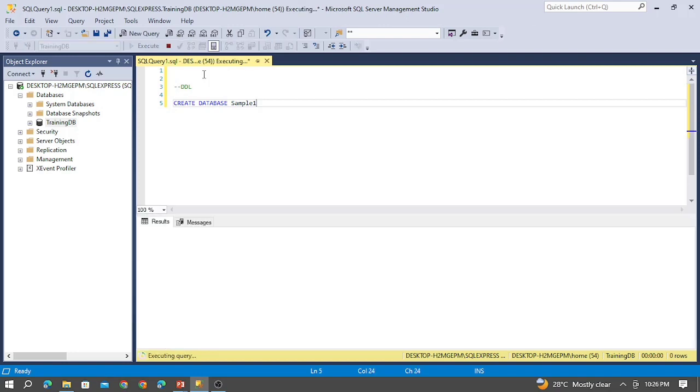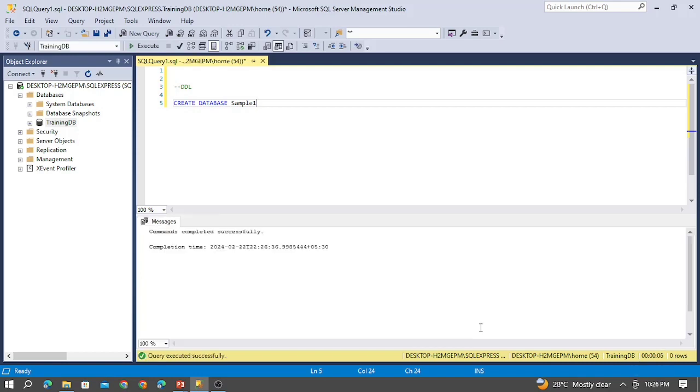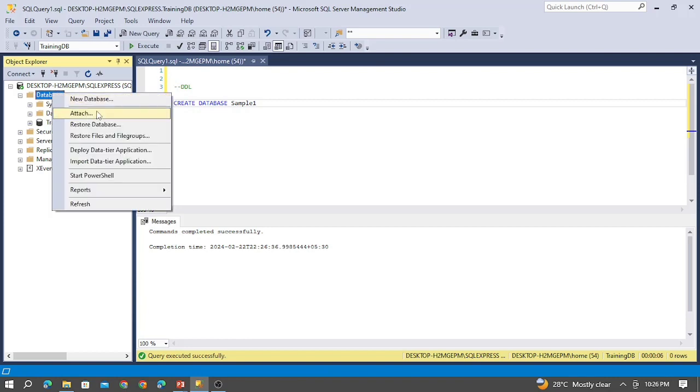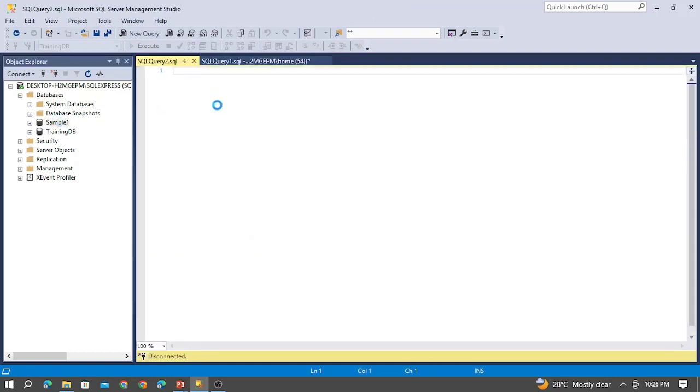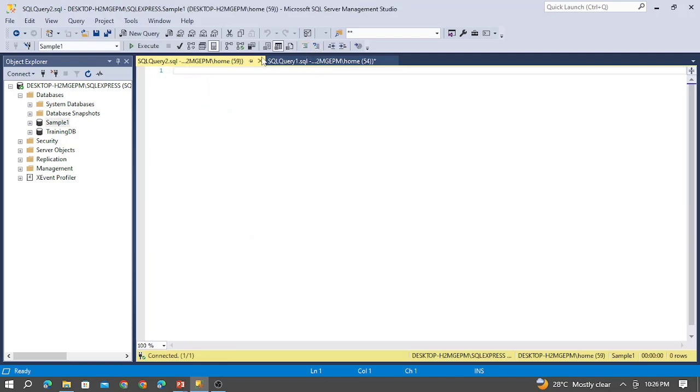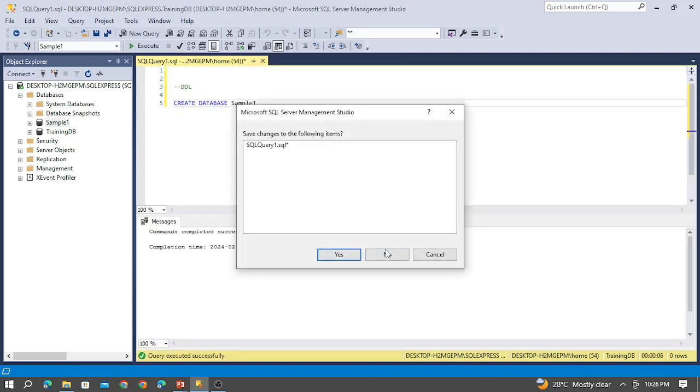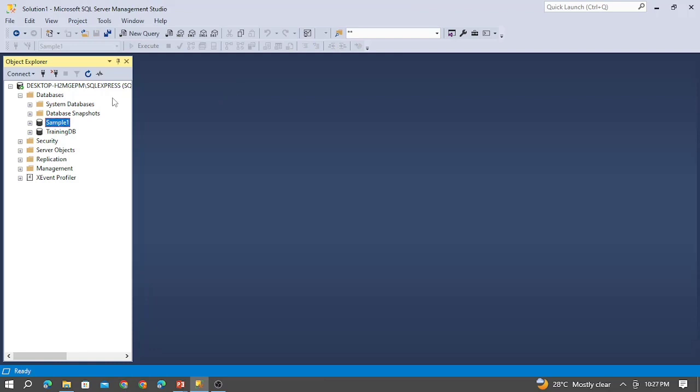When I press Ctrl E, it is executing the command, so it is created. Let me refresh this. So I got the sample1 database under my server, so I can use this and connect to this database. So you can also use this create command